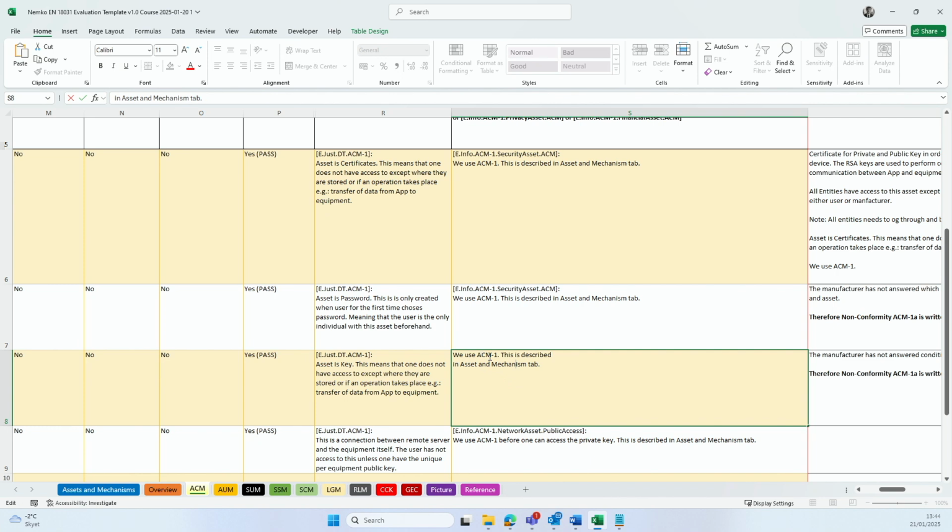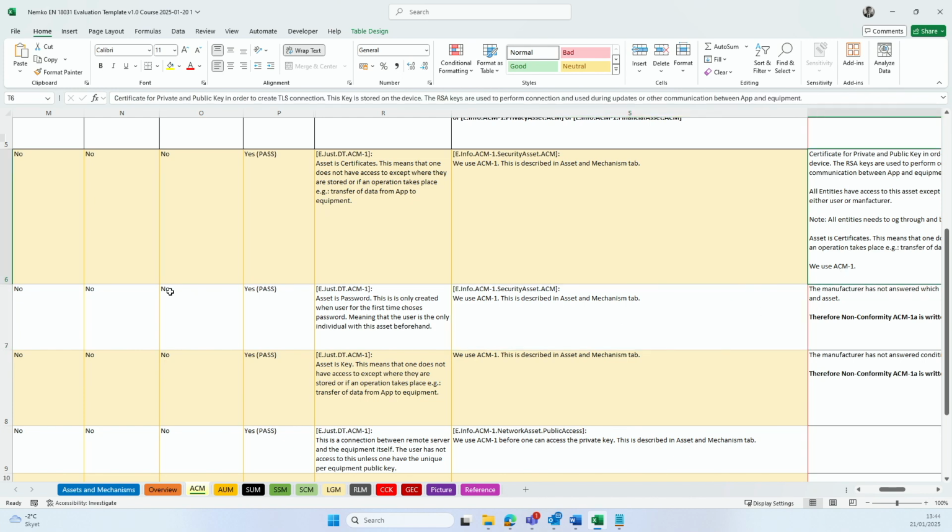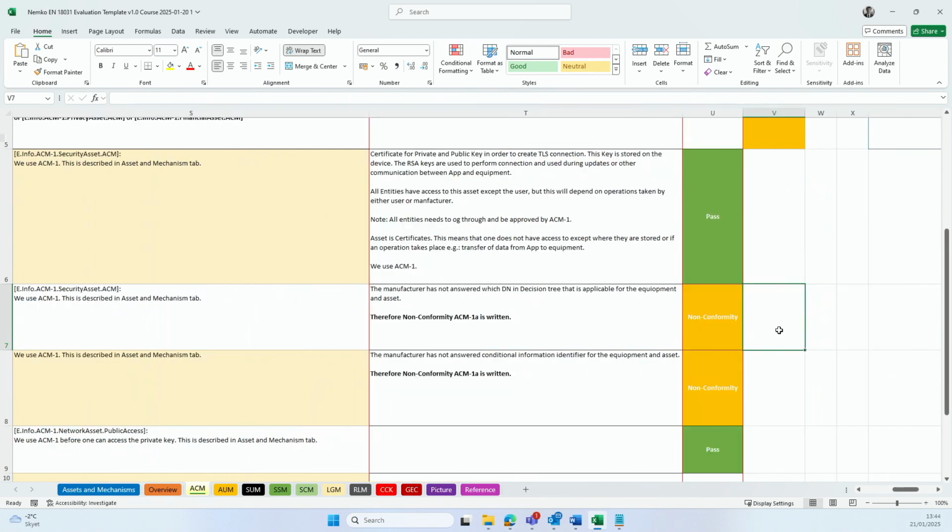There it is. We use ACM1. This is describing basically the same as all the other ones. So in this case, I will do the same thing as I've done here. I will copy all the information and insert it here, and of course all of them then will get a